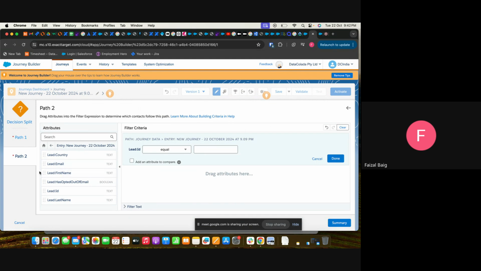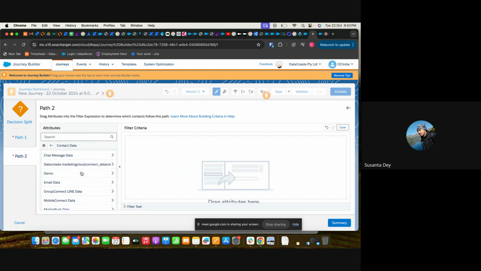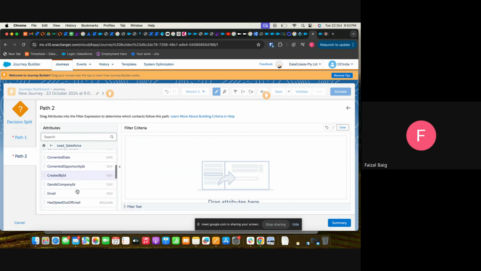Now the previous client I had worked for, their criteria was that this journey data is also stored in Salesforce, right? So this also comes from Salesforce. Salesforce gives us that data.